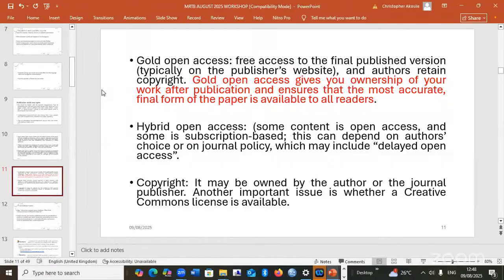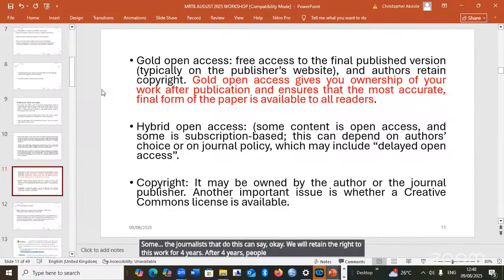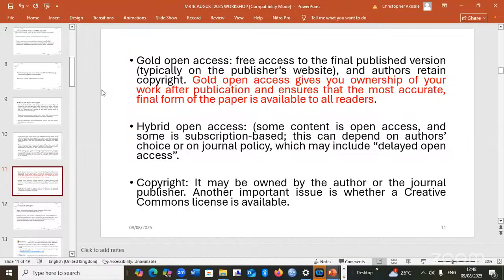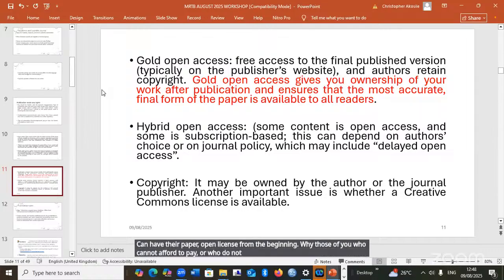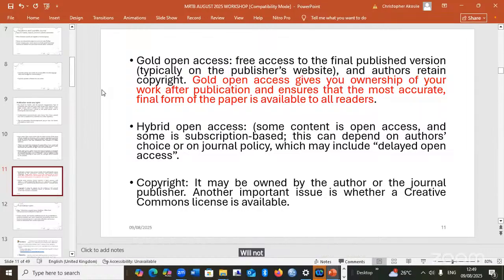The journals that do this can say, okay, we will retain the right to this work for 4 years. After 4 years, the paper will now be made open access. But ab initio, some other authors who are ready to pay can have their paper open access from the beginning. While those of you who cannot afford to pay or who do not want to pay will have that paper only open access after some years. This is the